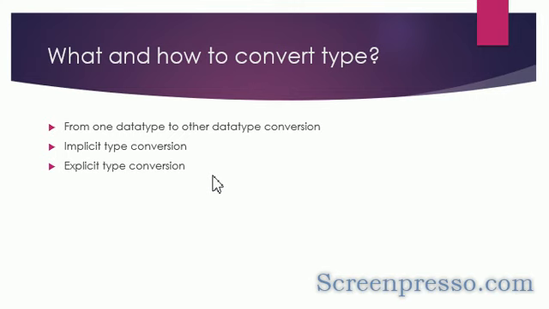Consider you have a variable, and that variable has an integer value, meaning it is an integer variable. If you want to convert it into a string, we have some set of functions to convert those things. In JavaScript, the conversion that happens automatically is called implicit type conversion. Let me give an example, and you will get a clear idea.